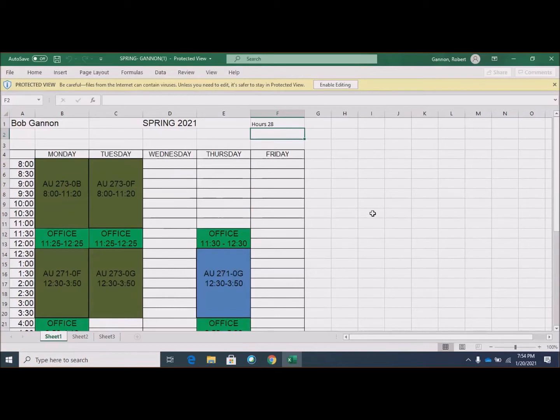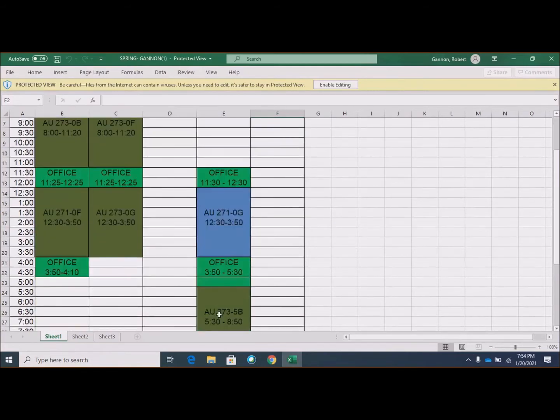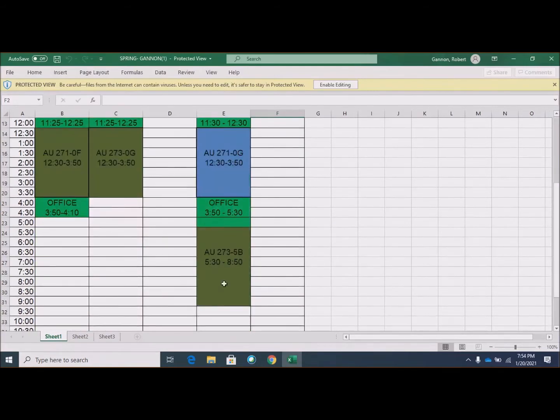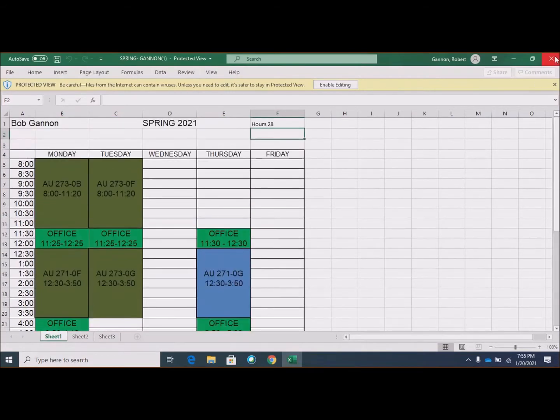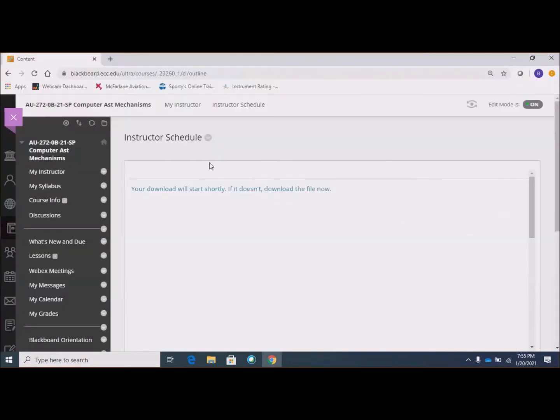But if you need to see me between the labs on Monday and Tuesday, I'll have office hours. I have a Thursday afternoon air conditioning lab. I'll show up before it, and then between that and my night computer assisted mechanisms lab, I'll be in the office. So that's my schedule, and of course that's always available on Blackboard